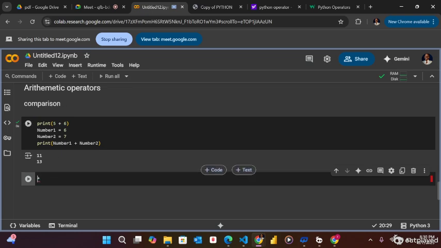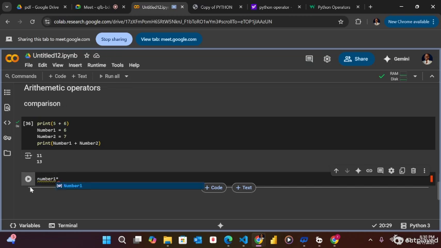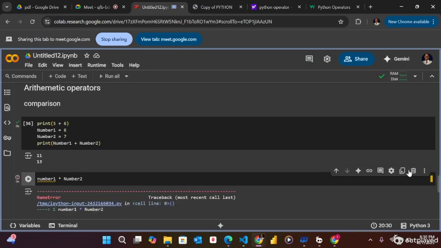So instead of declaring another value, we can just say number 1 times number 2. So there's an error here, you can see, in the naming, and when we run it,